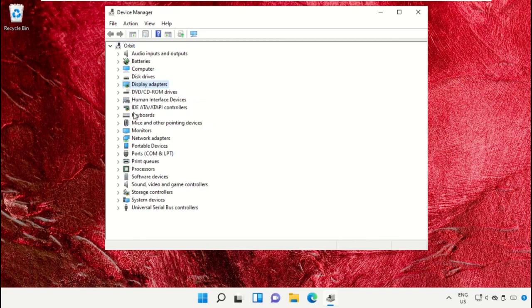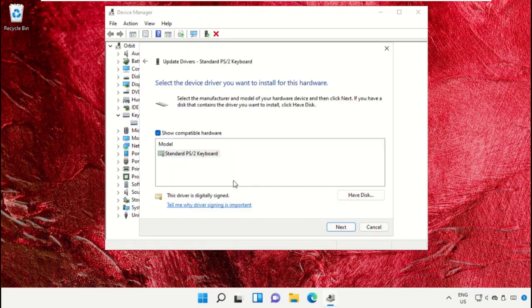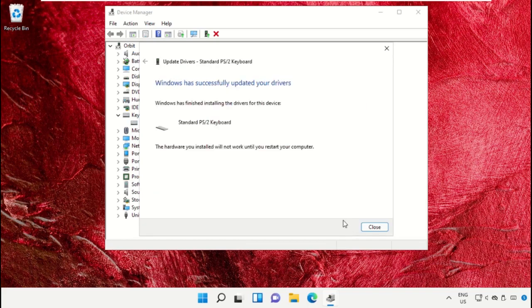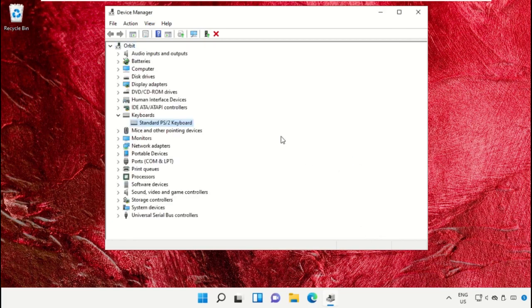Now Windows has successfully updated the drivers. Now go for keyboards, update the drivers, check this and click on next. Close this and we need to restart our system. Before that,